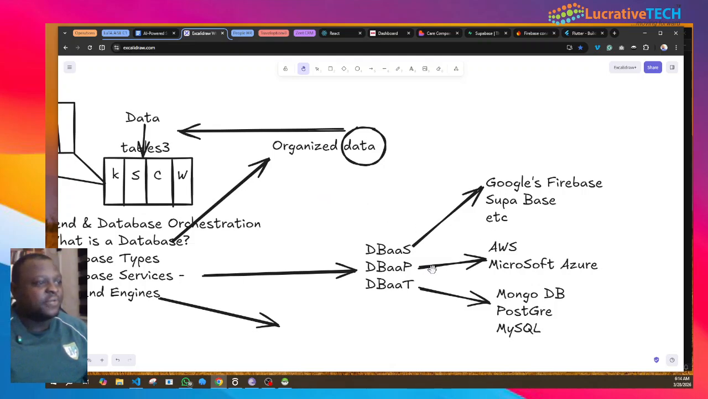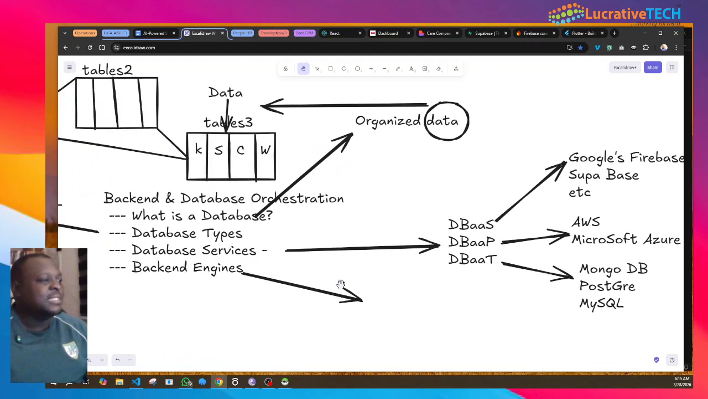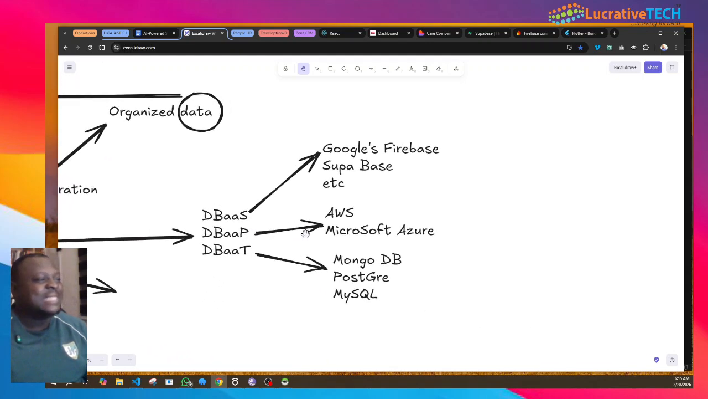Let's go to the next stuff here, which is database as a product. We are talking about database services, so database as a product. If we talk about database as a product, probably two names come to mind. I know Google has their own, Google Cloud, but I'm not sure I've ever used Google Cloud as database as a product. But of course, everybody knows